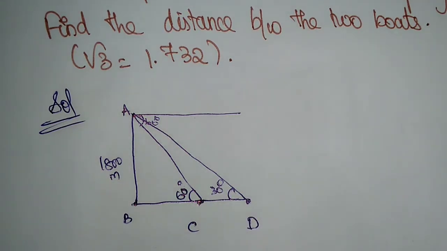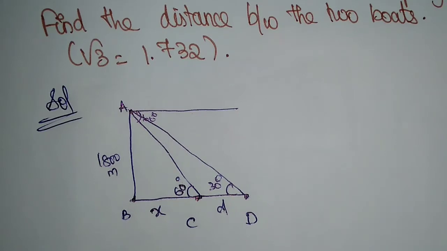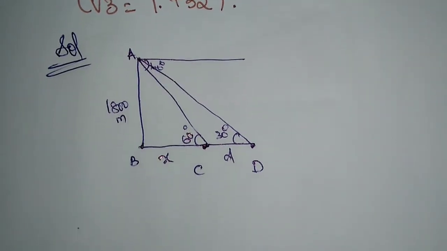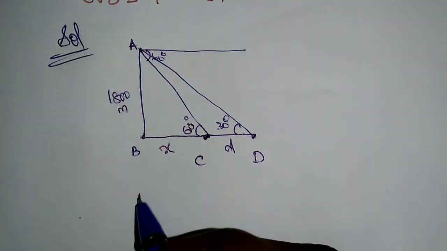Okay, now we have to find the distance between two boats. We have to find CD. Here the distance between B and C is X and C and D is D. We have to find the D. Now from the triangle ABC